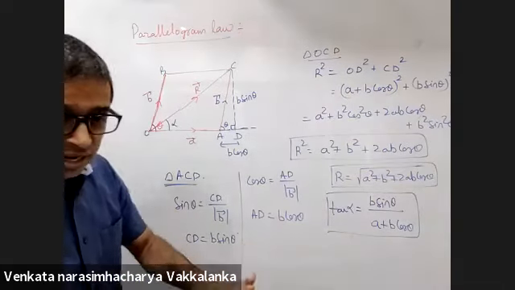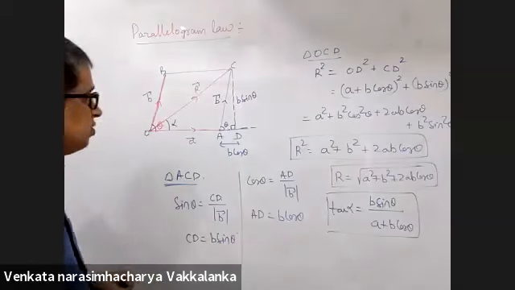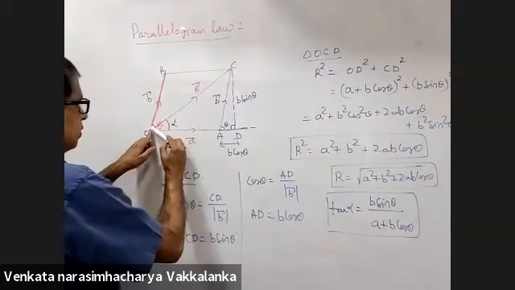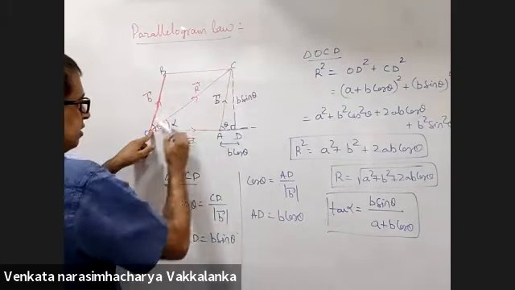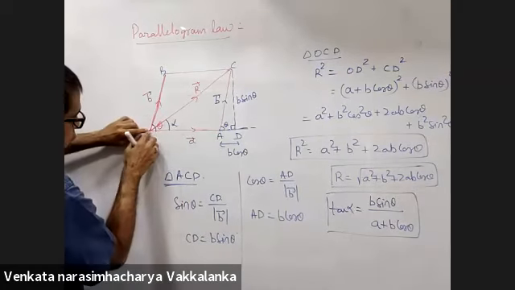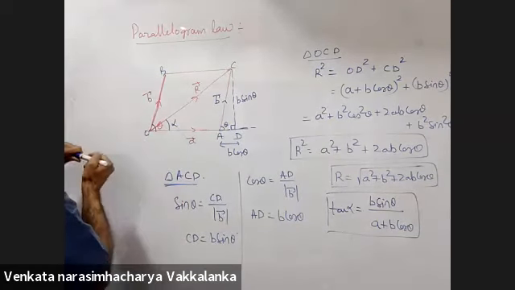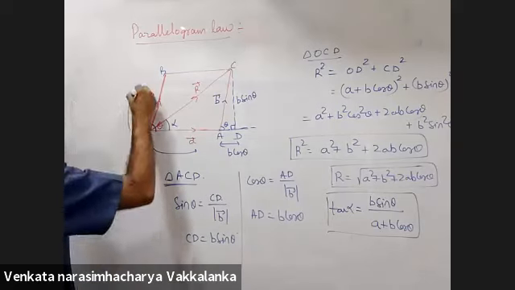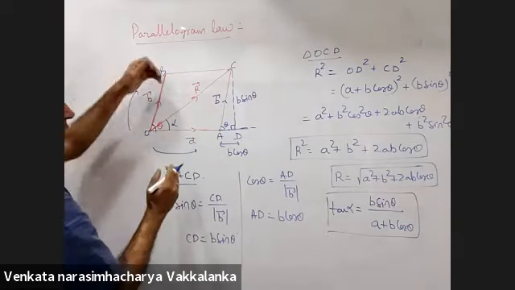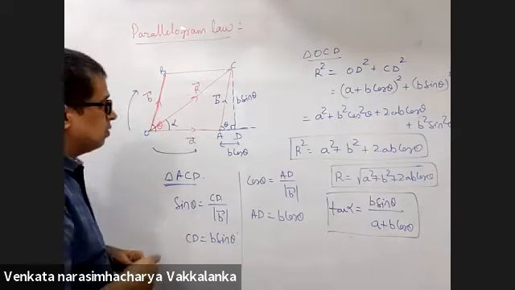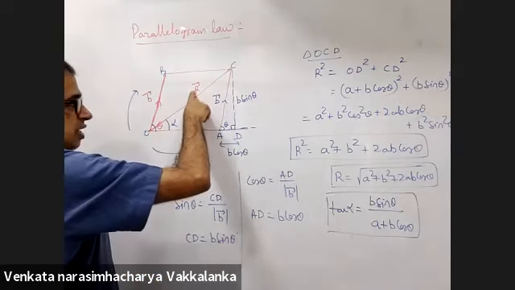Now, for your understanding, I'll show you the derivation once again. Have a look at it. This is the resultant, right? If two vectors are drawn from a point, that means A and B will be in opposite order. A is anti-clockwise, B is clockwise. Right? This will be the result.